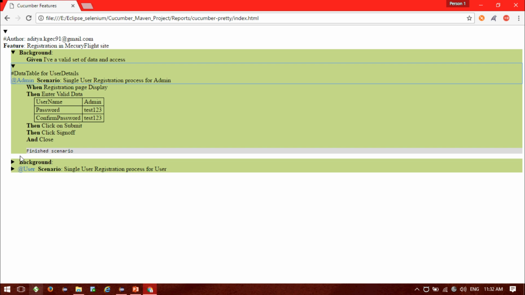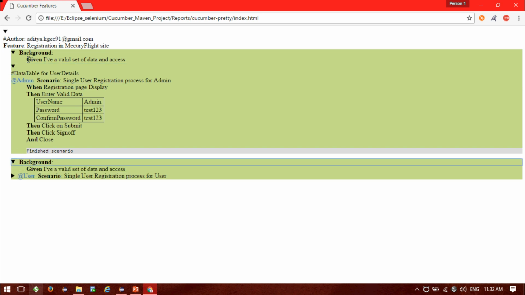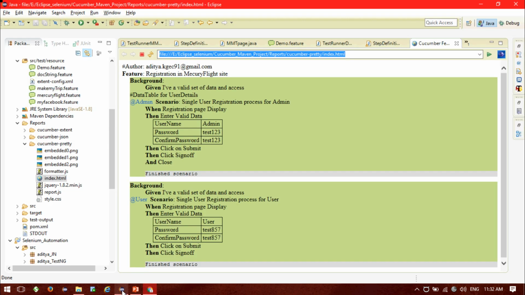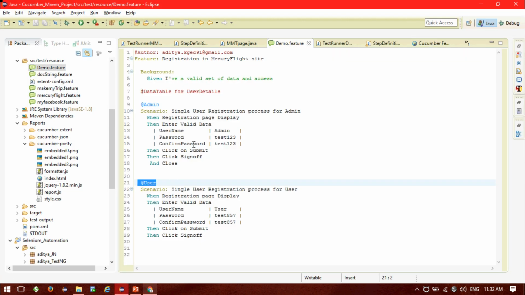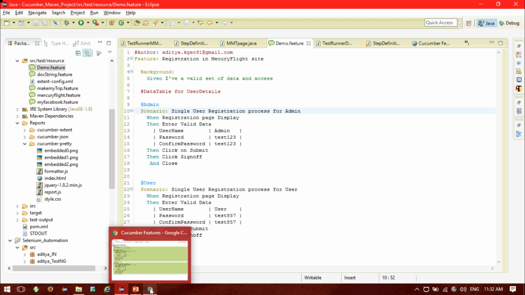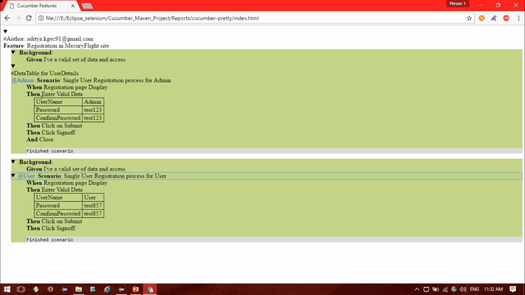There is a background applicable for both the scenarios under the single feature, and there are two scenarios: admin scenario and user scenario. So we can see the demo feature that I mentioned, and after it got executed successfully, the report got generated in HTML format, and this is the report section. Okay, so both the scenarios passed successfully, and I'm getting the report also.